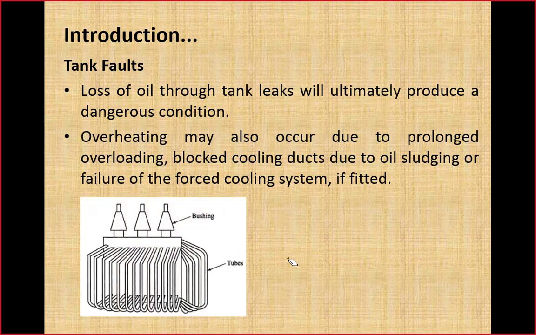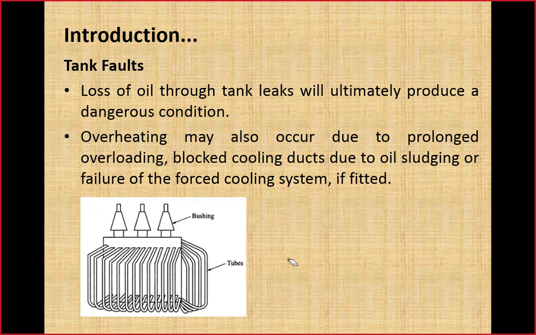Here you can see those tubes which are connected to the tank of the transformer. When due to overloading, or you can say the rated load of the transformer, heat is produced within the transformer, that oil will heat up and rise upward. The heated oil will flow into this tube from the top, move downward, and on its way from top to bottom it will radiate heat into the surrounding, and that reduced temperature oil will enter back into the transformer tank.